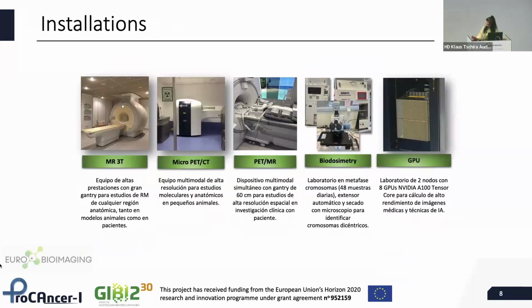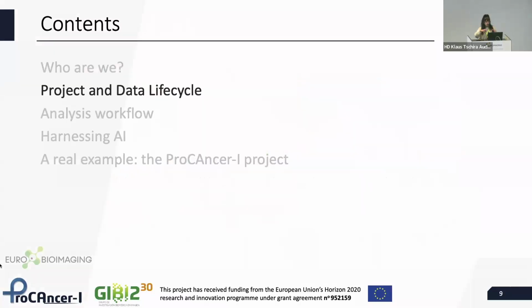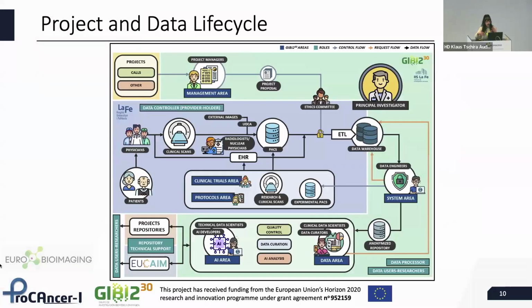Regarding our facilities, we have some MR, micropet, and CT scans, and we also have two nodes of 8 GPUs each for our computational needs. And now, with the short presentation done, I would like to move on to how we manage the data within the group. So, as I said before, we are